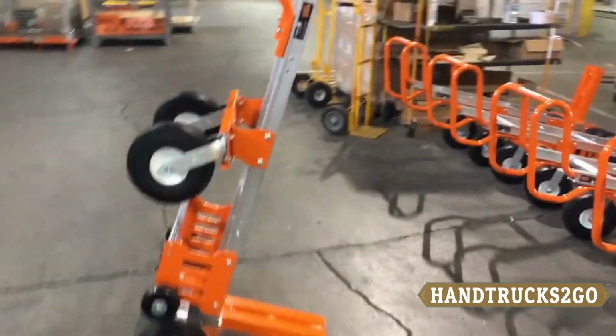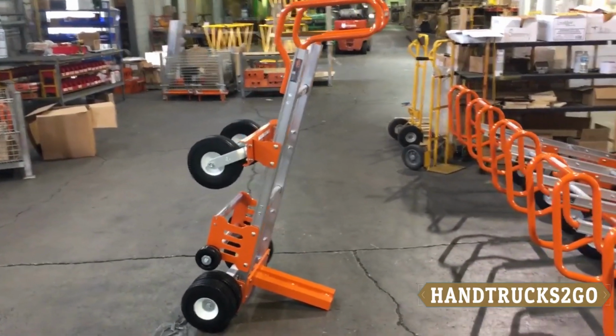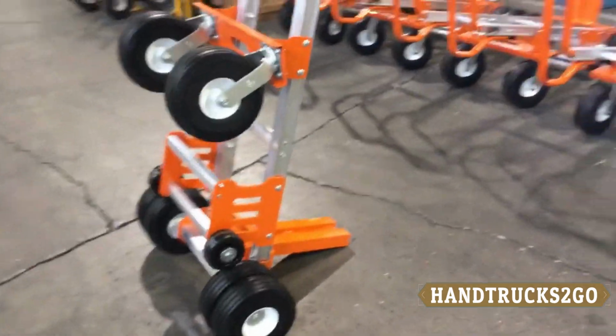So these carts can handle the biggest blocks block and roll has, up to 750 pounds is what we rate these carts at. 700-pound blocks, 350-pound blocks, 500-pound blocks,